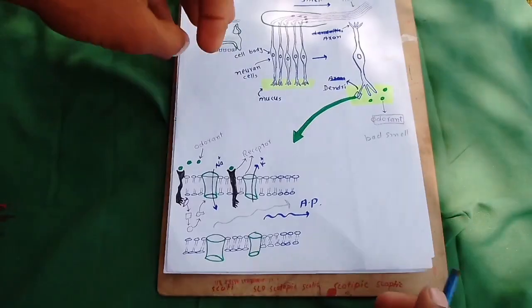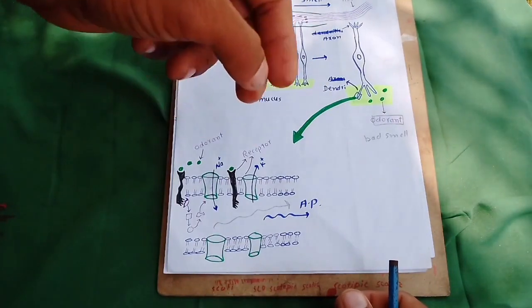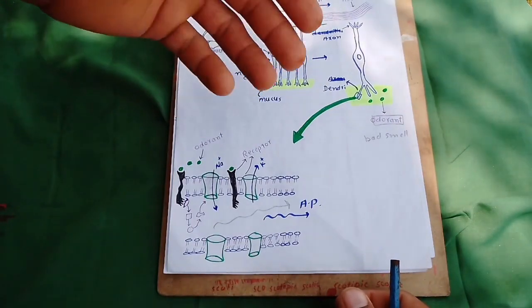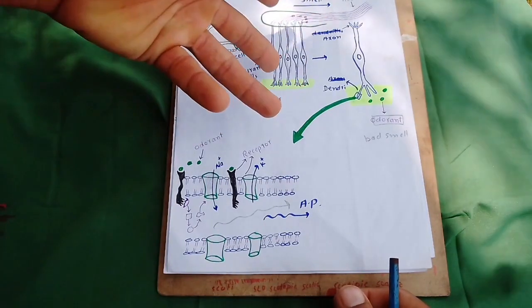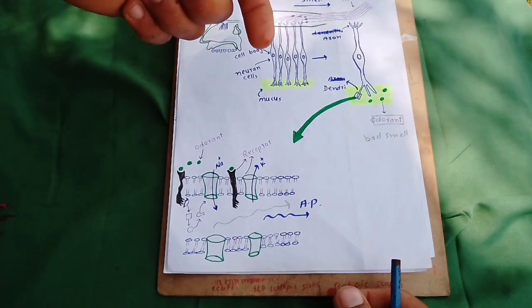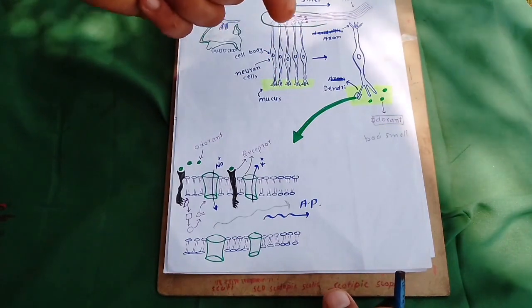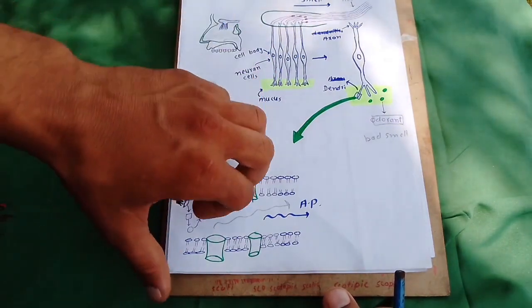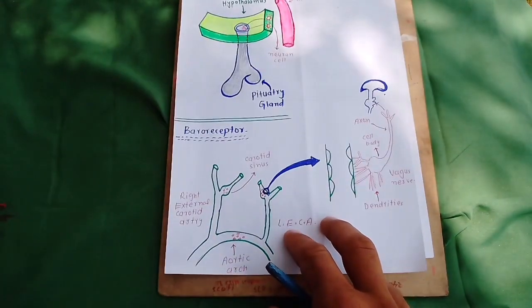Okay, so this is all about the chemoreceptor. Chemoreceptors are those receptors which respond to a chemical. A smell molecule is also a chemical. The taste bud is also a chemoreceptor, like for sweet things, bitter things. These are all chemoreceptors. Okay, another receptor is the